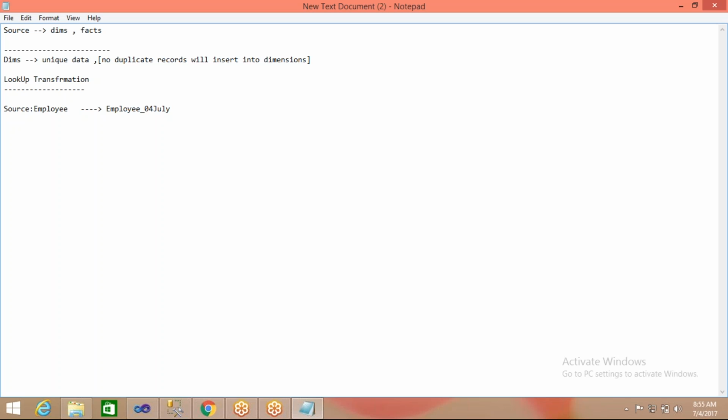Where we go for lookup and all that, no need to worry, the manager or next level people will tell you how to handle the rows. As per the instructions we will follow the transformation. What is the right transformation that we use to do any of the operations? So just have a look at this particular lookup transformation. Why? Because in real time, this is the